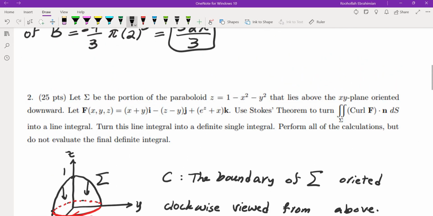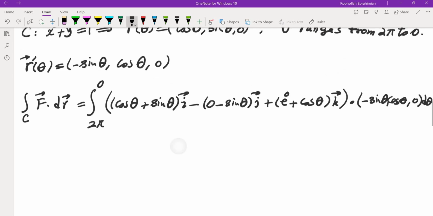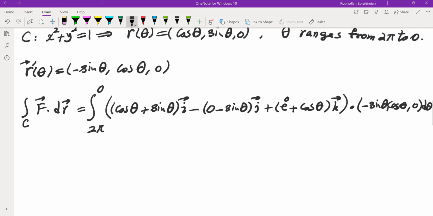So let's make sure we did this one right. So e to the z, which is 0 plus cosine of theta. Okay, so now we'll have to find the dot product, and that would be our final answer because they asked us to not evaluate. So the dot product would be the product of cosine theta plus sine theta